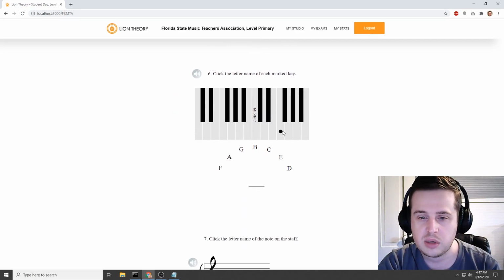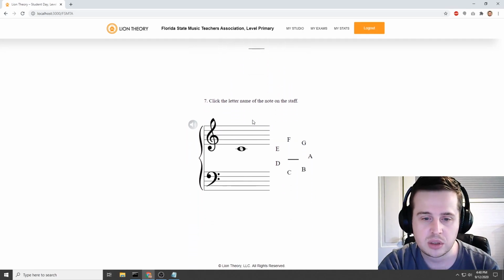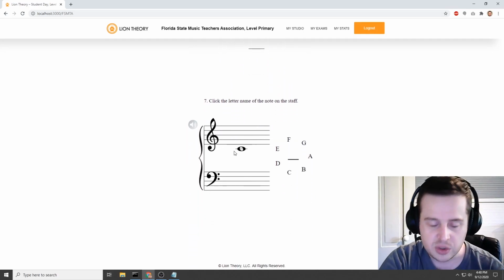For this one, it's going to place a dot randomly between this F and this G, and the student's going to be required to name it. So we do F, C wrong, B wrong, G wrong, E's correct, and it will keep on going just as many times as they want to. So the last question involves actual notation,